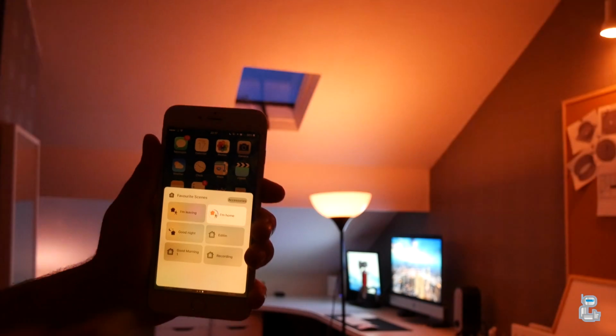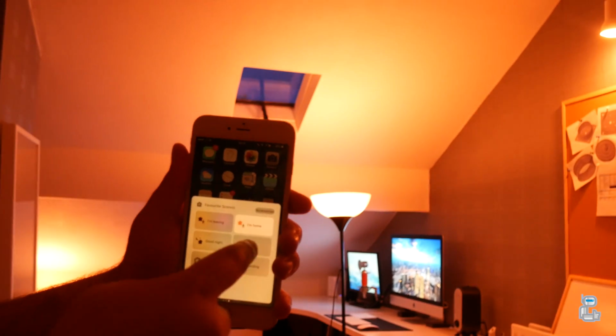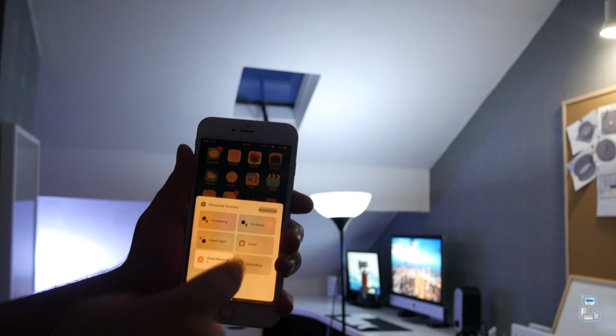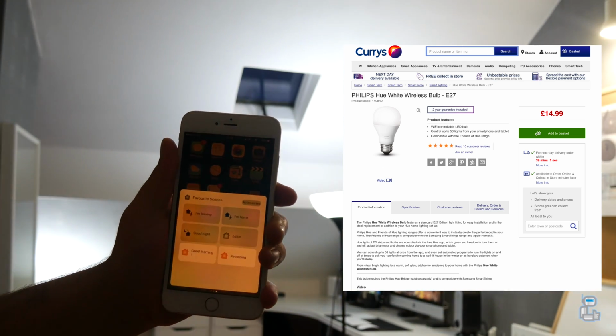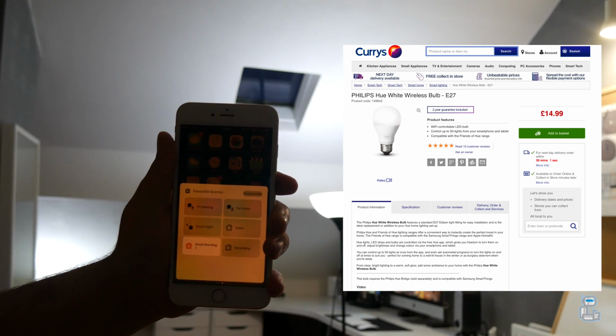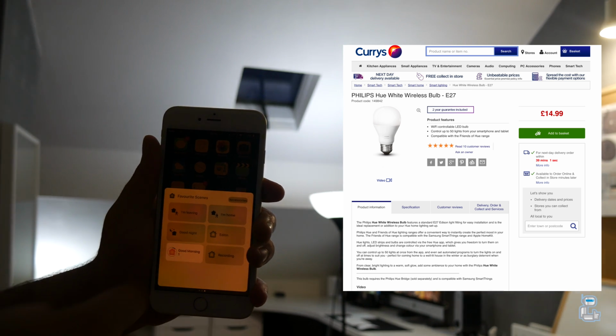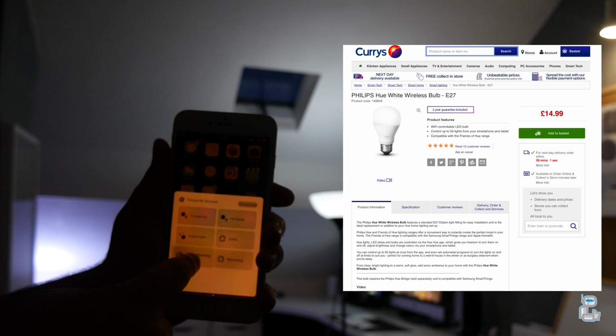Now of course your next question that you do have is, how much do each individual bulb cost? Now each individual bulb will not break the bank. In fact, they only cost around £15, which means you can have light bulbs for your kitchen, your bathroom, your bedroom, your garage, everywhere. £15 is quite a cheap price, especially considering that they have a runtime of around 25,000